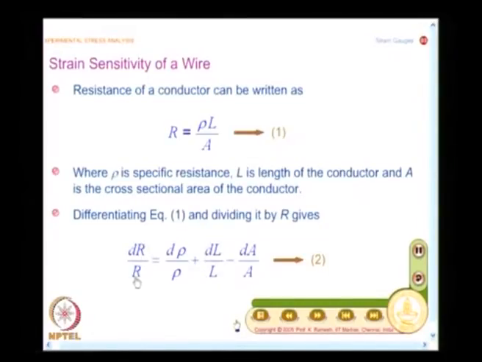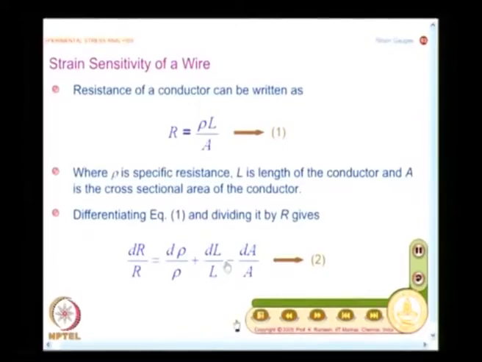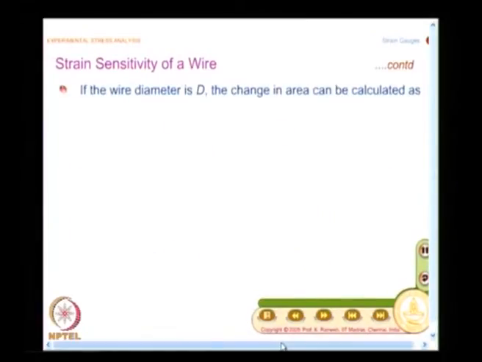I am going to have a base resistance and I want to find out what is the change in the resistance, and I would like to relate this to the strain quantity, that is the interest. And mind you, for this exercise we simply take a wire, because that is how you have to understand the physics and later modify it to suit your measurement. And from your geometry and also your Poisson's ratio effect, I can write dA by A conveniently.